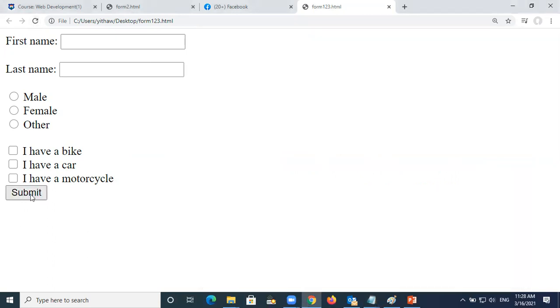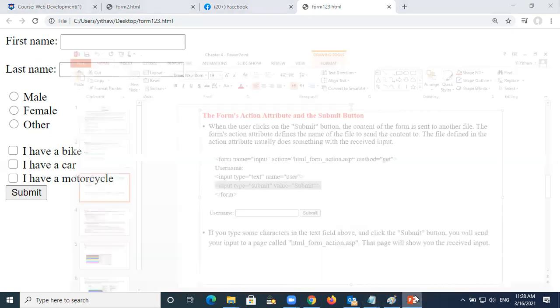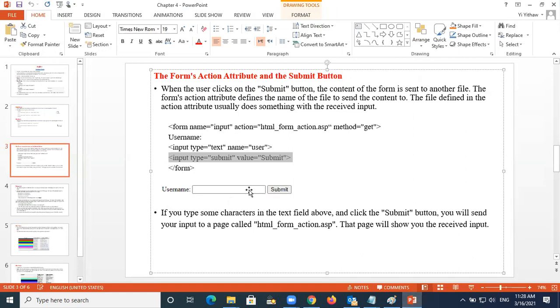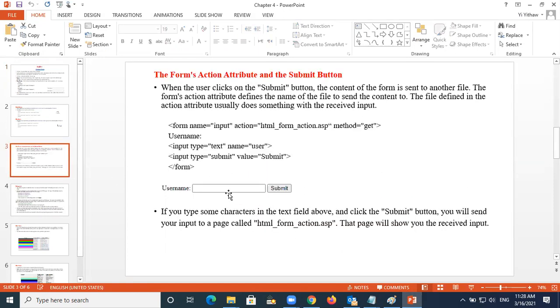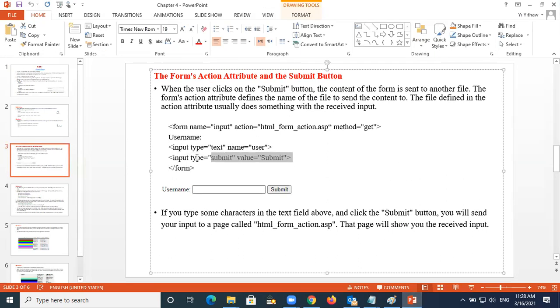See, the submit button is there. Just click the submit button. After you choose this one, you can just click the submit button. So there are three things that we learn here: the first name and last name, because the reason I'm not giving you the username is that we already did it from here. First name and last name, this is the same thing. So you don't have to know. From here, you only need to know how to make the submit button. Okay, so this is the submit button, how to make the submit button here.